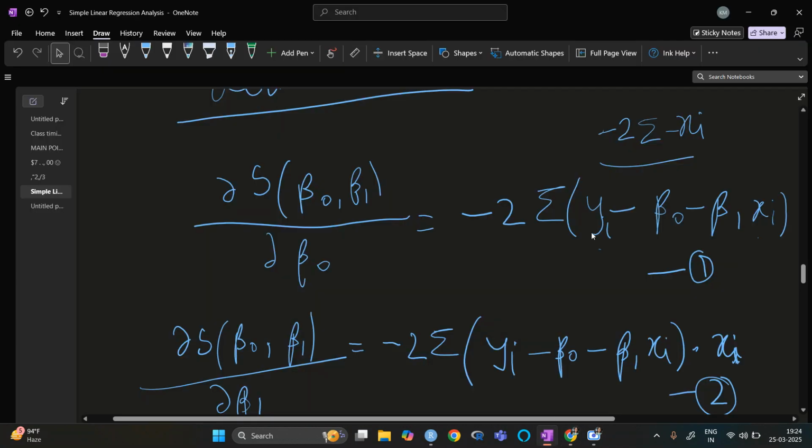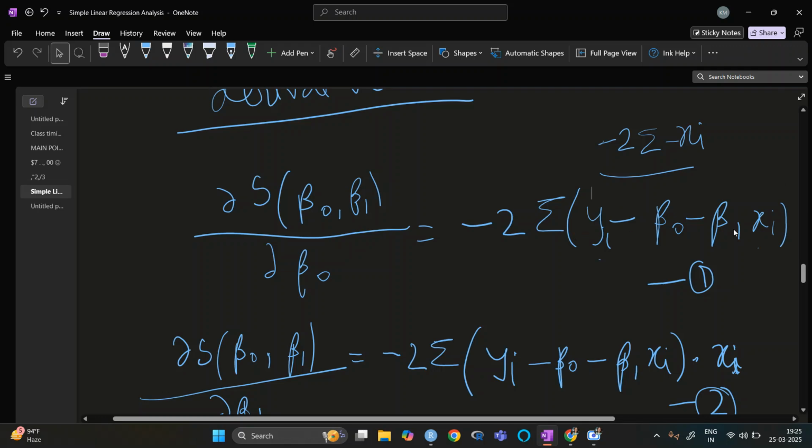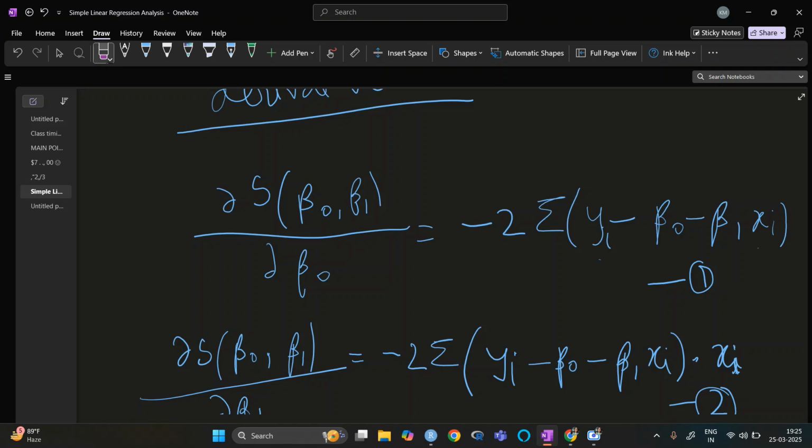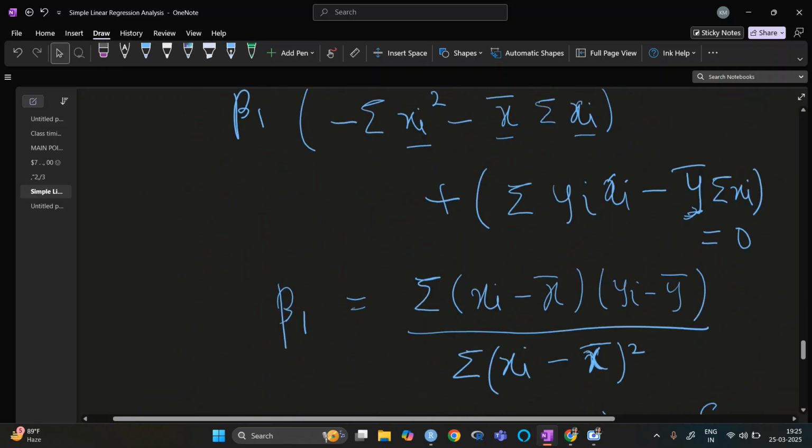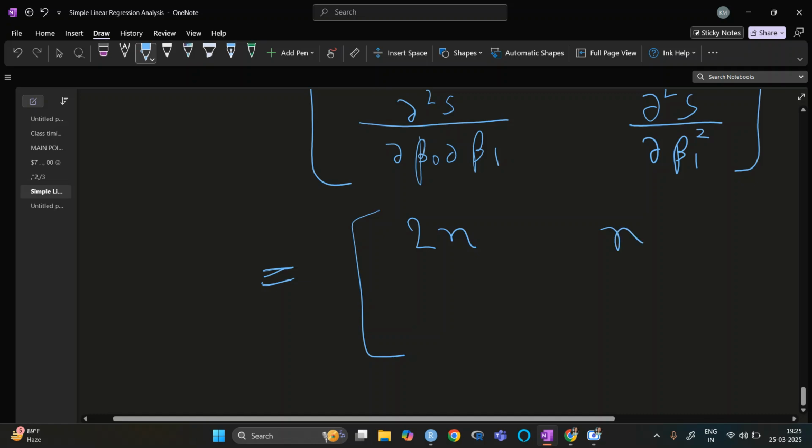Okay, so what we are doing is that we were trying to find the second derivative of this Hessian matrix. Sorry, of this one. So it is summation. If I try to do the derivative of it with respect to beta 1, this one is 0, this one is 0. For this it will be minus of summation xi. So summation xi is basically n x bar, right? So it will be n x bar, and this one is the same, n x bar.